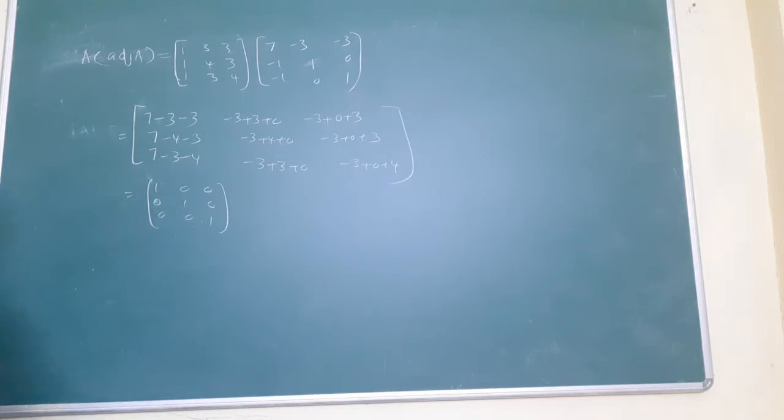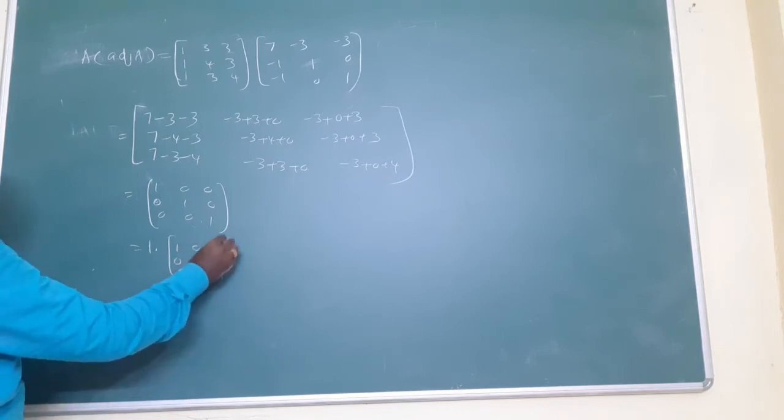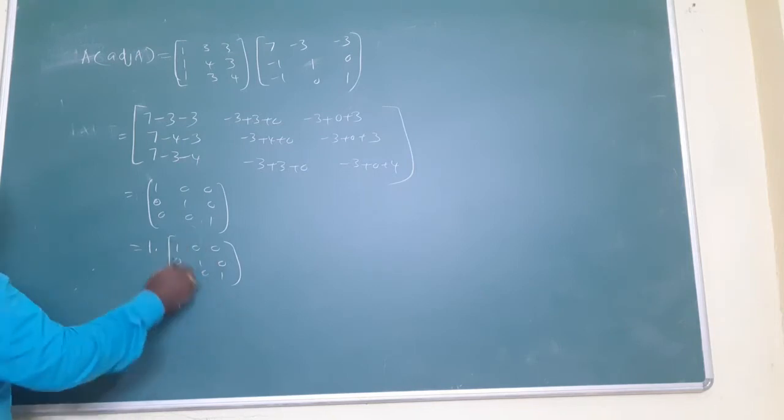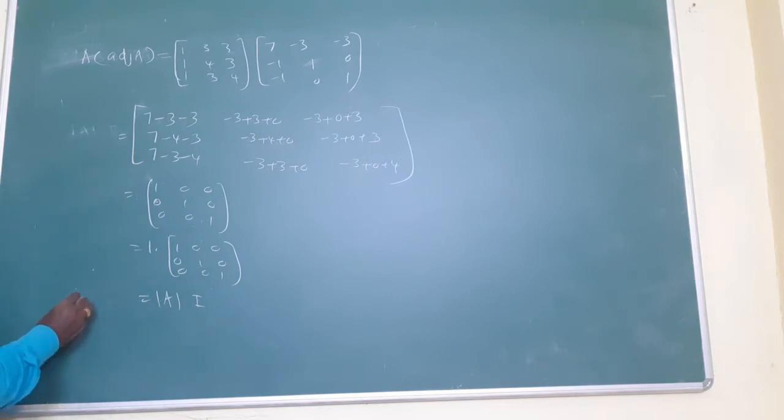Am I right? This can be as 1 into this one. Why do you want this 1 into this one? 1 is already the denominator of A. This is called what? I implement A. Therefore, what is the answer? A into G is equal to divided by A into this.